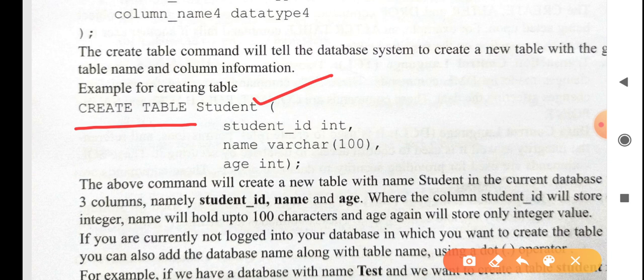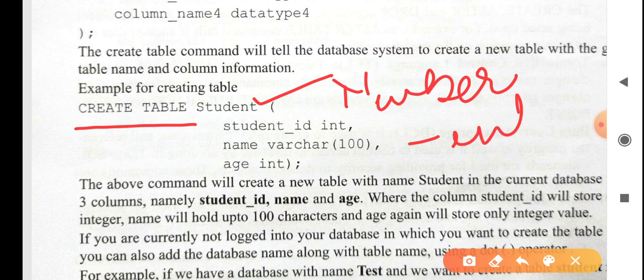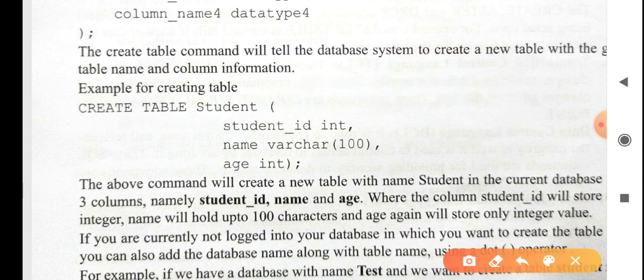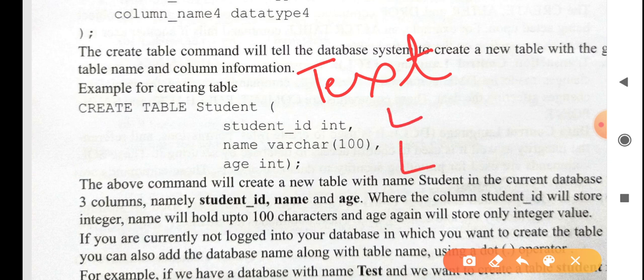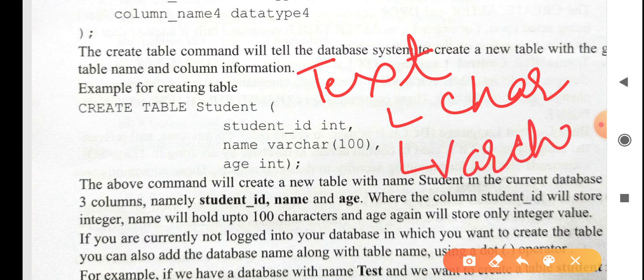Now, discussing a very little about the data types. When you have to enter a number, exactly a number, you use the int command. Int is short for integer. So when you are entering a number in a particular column, you use int. Similarly, when you have to enter text, you have two options: you can write char, or you can write varchar.